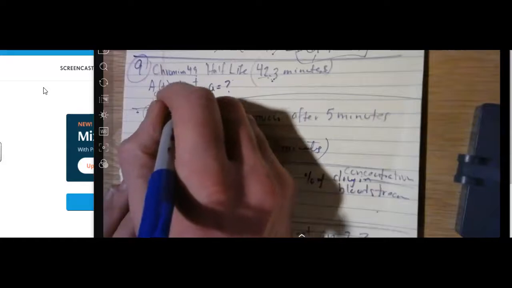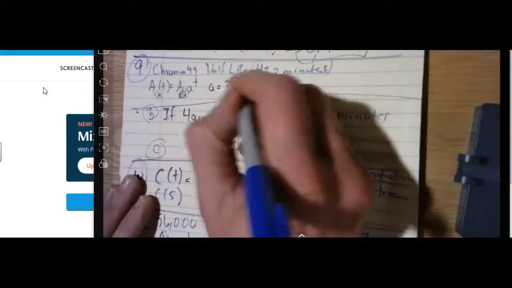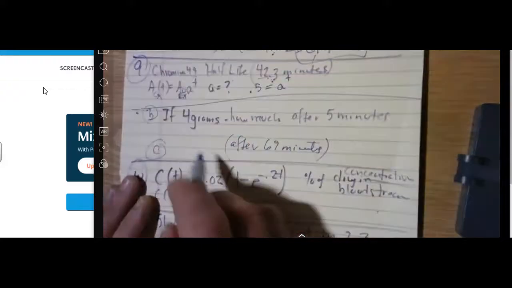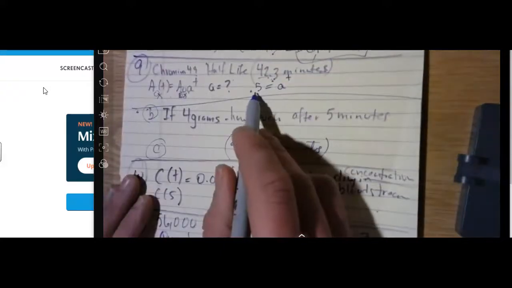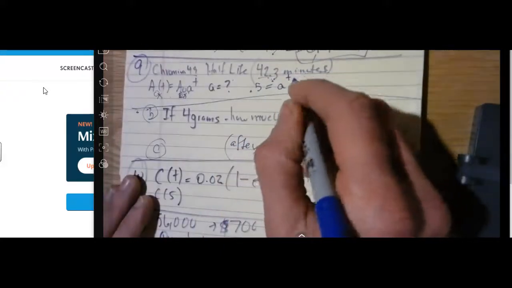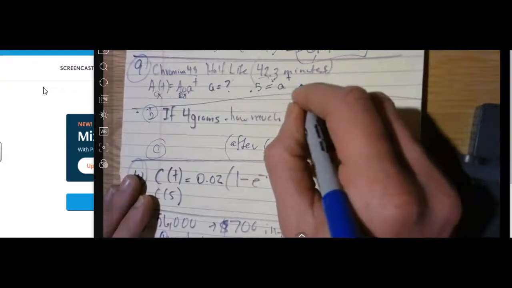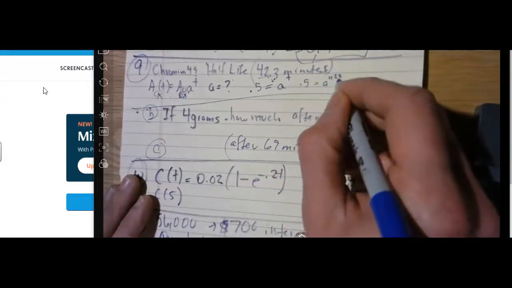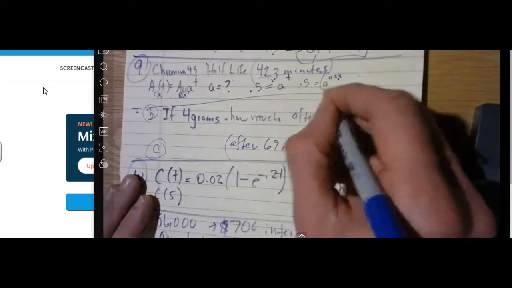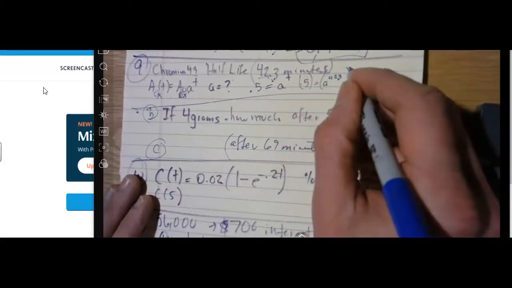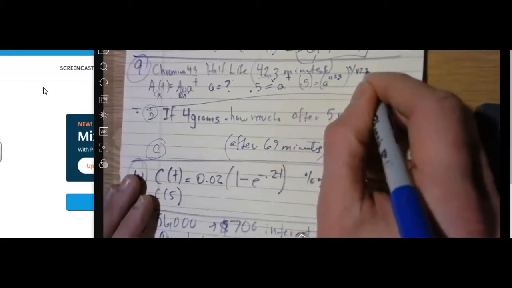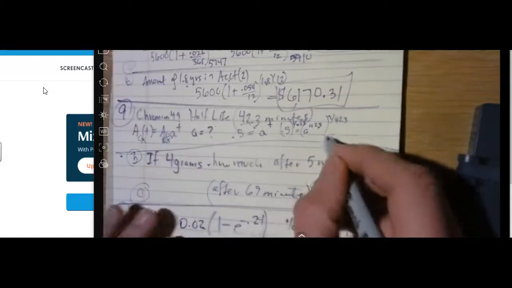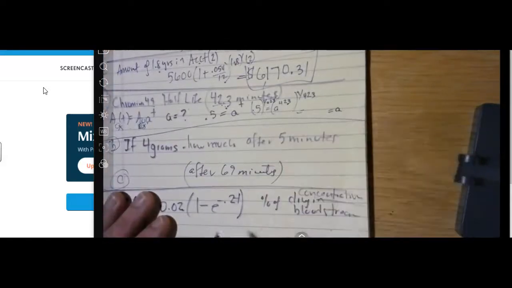So if this was 2x, this is x. So you're going to have 0.5 is equal to a to the t. And you can put any numbers in there you want, but you're going to have to put 0.5 equals a to the t. So in this case, t is 42.3. So you're going to have 0.5 is equal to a to the 42.3. Now, the only way to get a is to raise it to the 1 over 42.3 power. And if you do that, you're going to get a is equal to,